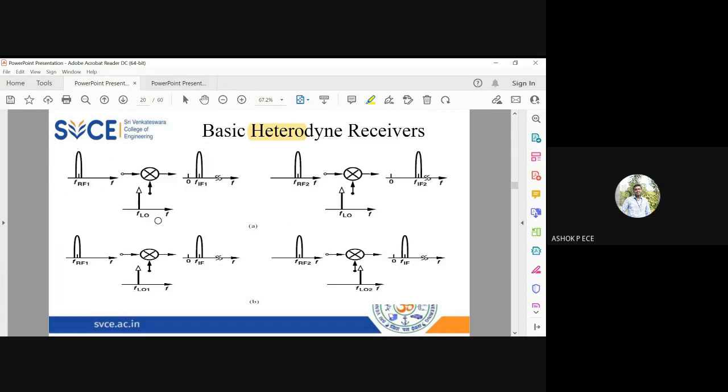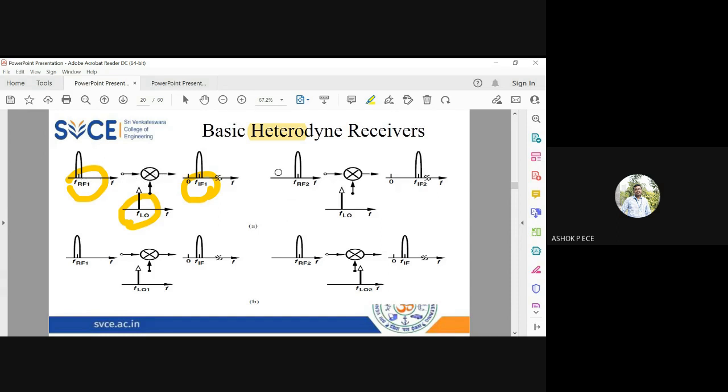and by mixing your RF with your local oscillator, you will get back your IF. So we involve three frequencies here: RF, LO, and IF. IF is essentially going to be the subtractive component, FRF minus FLO. And we have seen the mixer performs the role that when frequencies are multiplied, we get sum and